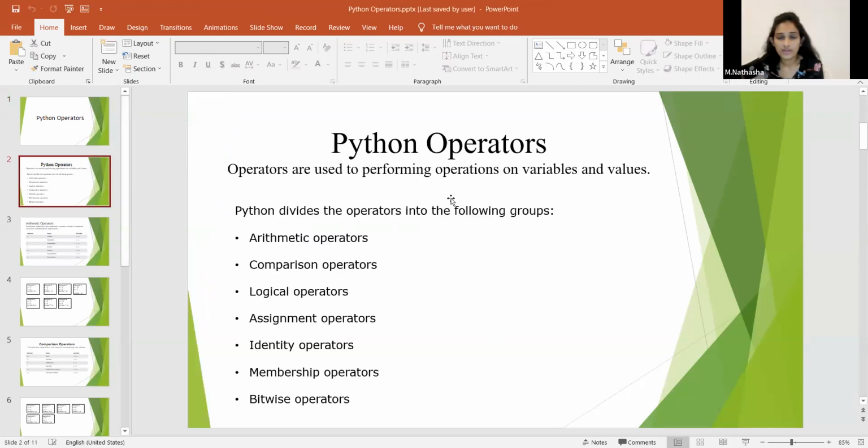In Python there are several operators. We use operators to perform operations on variable values. To do something using the variable values, we use operators.